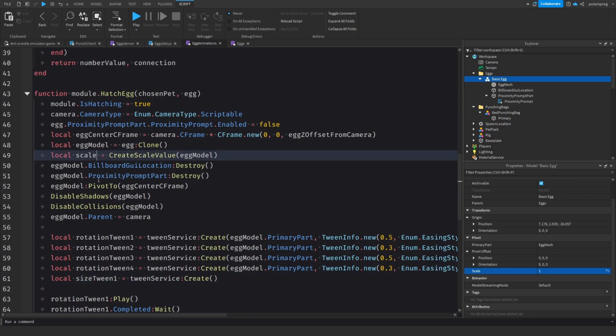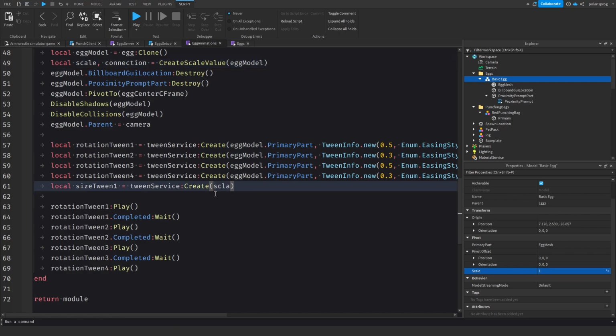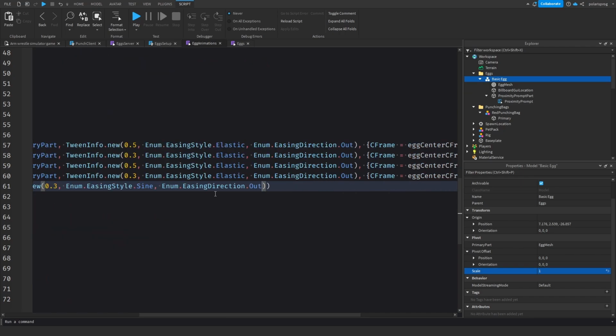First of all, this should be scale comma connection, and we're gonna do scale comma and TweenInfo.new something like 0.3 comma Enum.EasingStyle.Sine comma Enum.EasingDirection.Out comma, and we're gonna set the value to